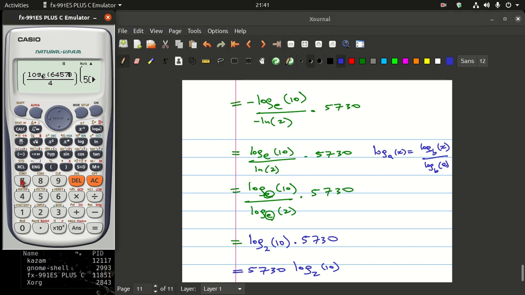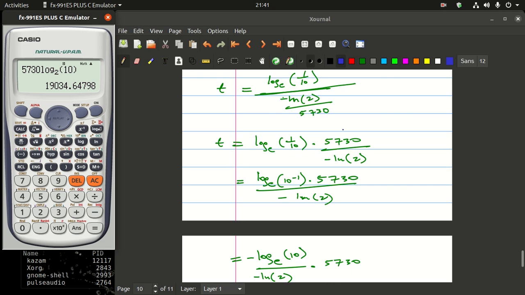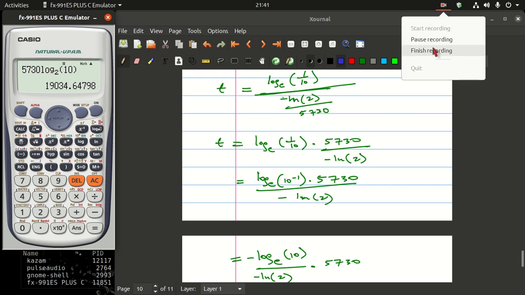You have 5730, and then you multiply that by log base 2 of 10. So you end up having some nice things there. I think I'm supposed to have something like that. So for now, I think that's all about these questions. I will end there. Try some other questions and see what you are actually getting, and then we'll see what we can